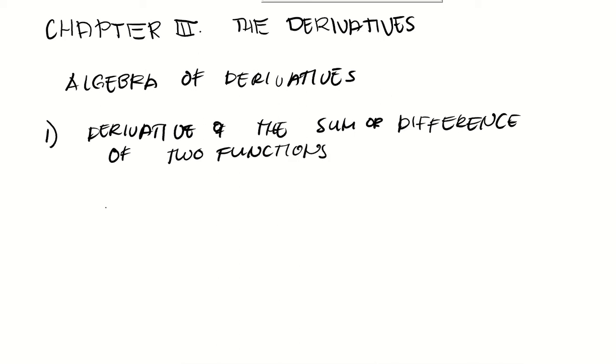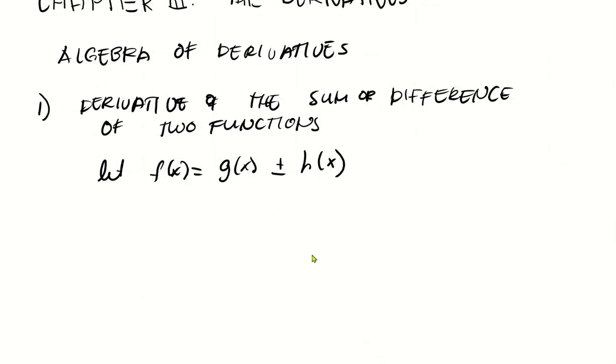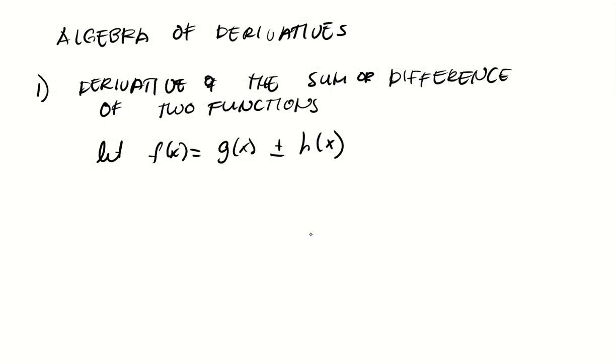So let f of x be equal to the sum or the difference of two functions, g of x plus or minus h of x. Then we want to determine the derivative of f of x, or the derivative of the sum or the difference. So how do we do that? The derivative of f of x